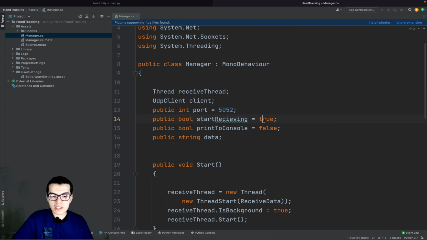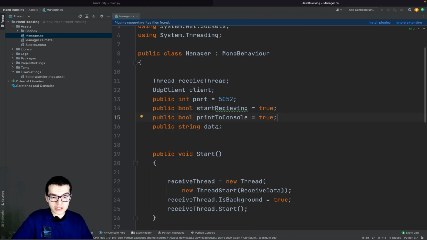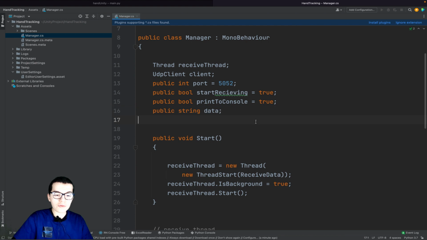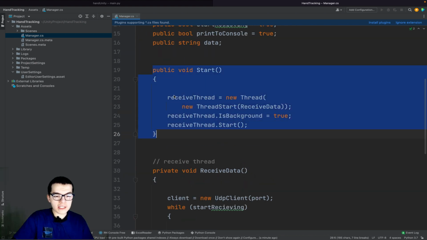Then we have start receiving equals true, then we have public bool print to console, and for this demo I will also set it to true, but I will put false later because we don't need to print every time. Then we have the public string data. Now let's get started. Receive thread equals new Thread, which has a